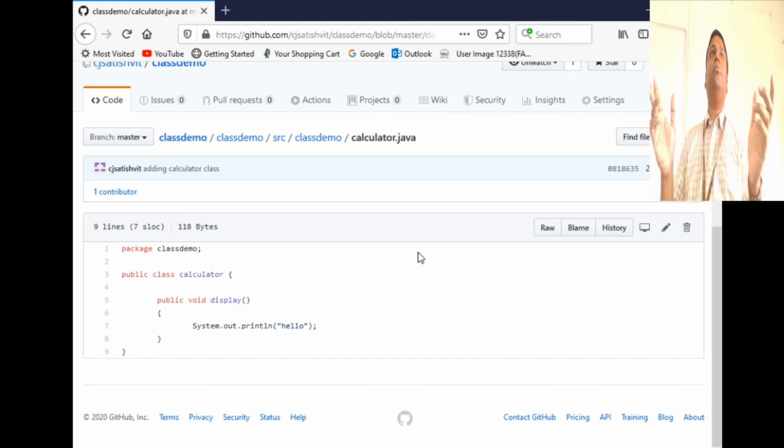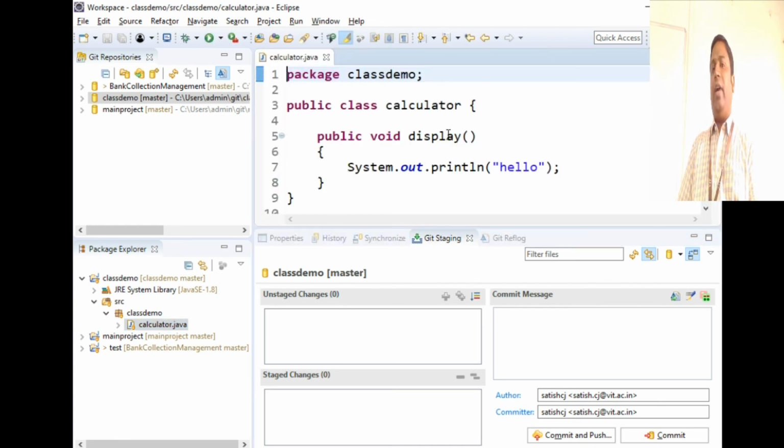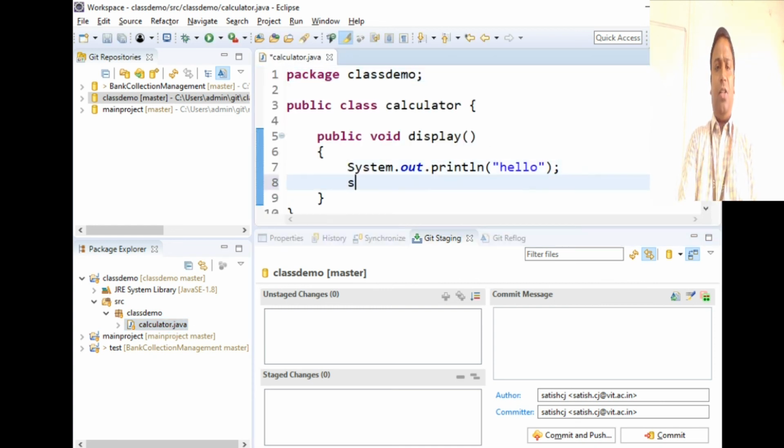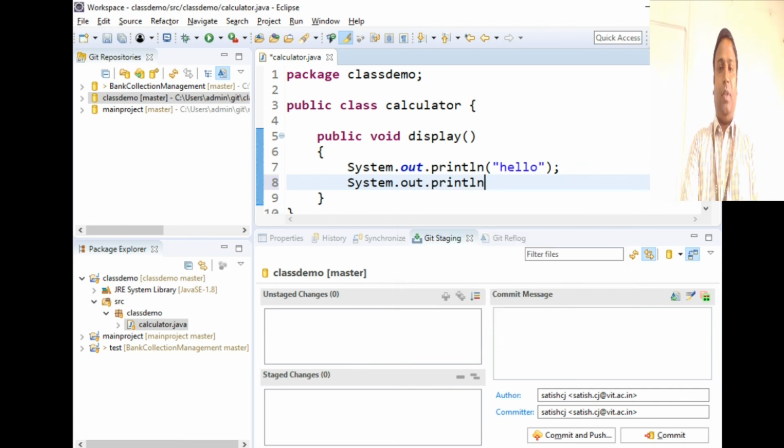So like that, all of you can simultaneously push your changes to the server. Say if I go and make more changes to my code, say I just go to calculator.java. Again, I'm working on Eclipse, right? I can make some more changes. I can say again system.out.println. I'm making more changes here. Yeah. And say more changes. Now I have made more changes to the code.